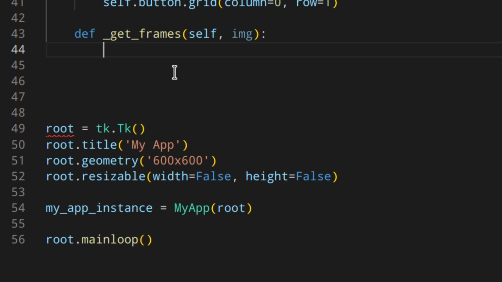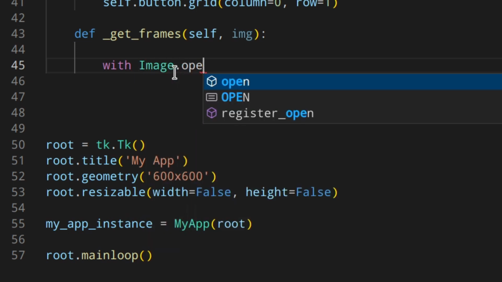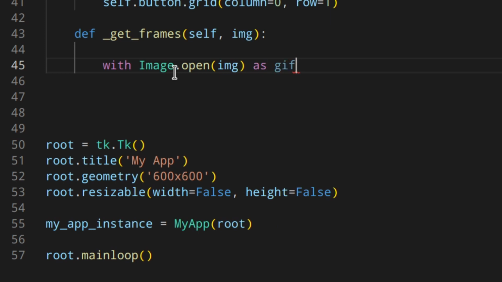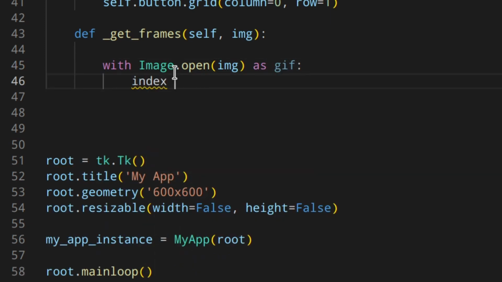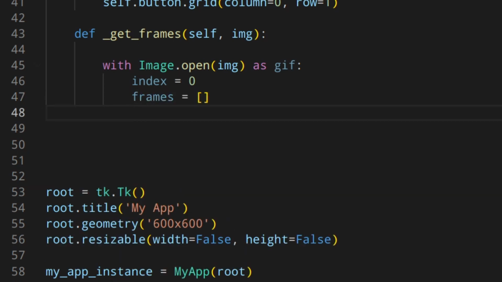So to get the frames, of course, we need to open the image. So we can do something like with Image.open like that, and of course image as gif. Then we can do something like index = 0, frames = an empty list like that. Then we don't actually know how many frames we have, so we're going to use a while True loop, and we'll break out of it once we have all the frames. So while True